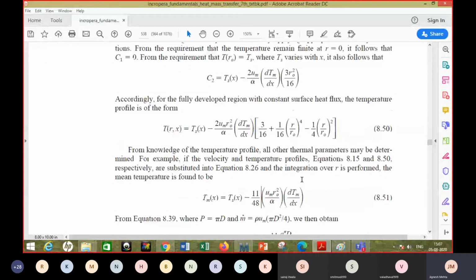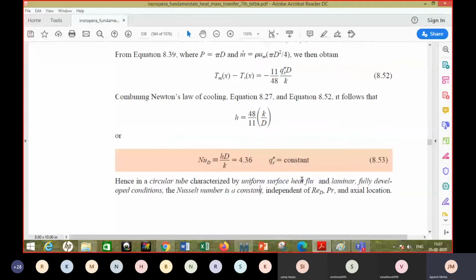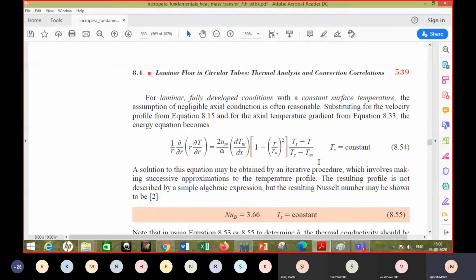That derivation has been done here with required simplifying assumptions, right? You can take that as an assignment. So this Nusselt number is 4.36 for constant heat flux boundary condition, in case of fully developed laminar flow. Okay. So when you solve such examples, your job in a way becomes very easy, and Nusselt number is just a constant. You don't have to use any correlation for that, right? It is just a constant number.